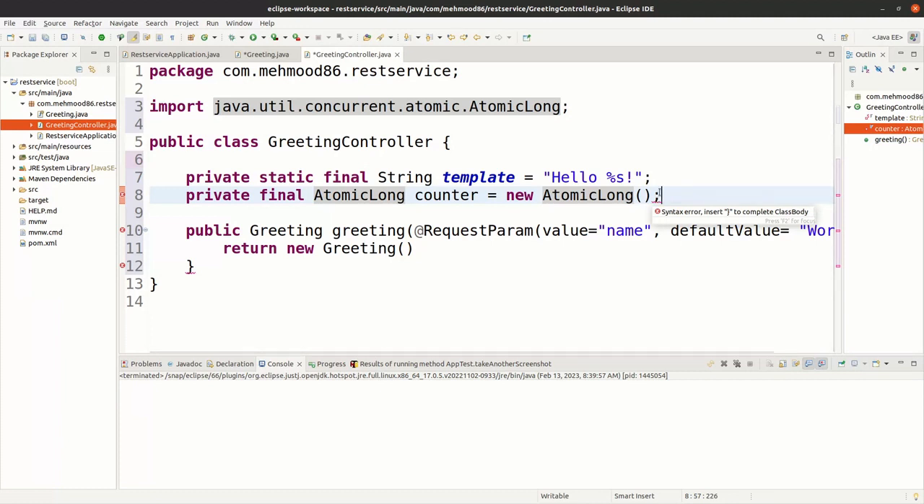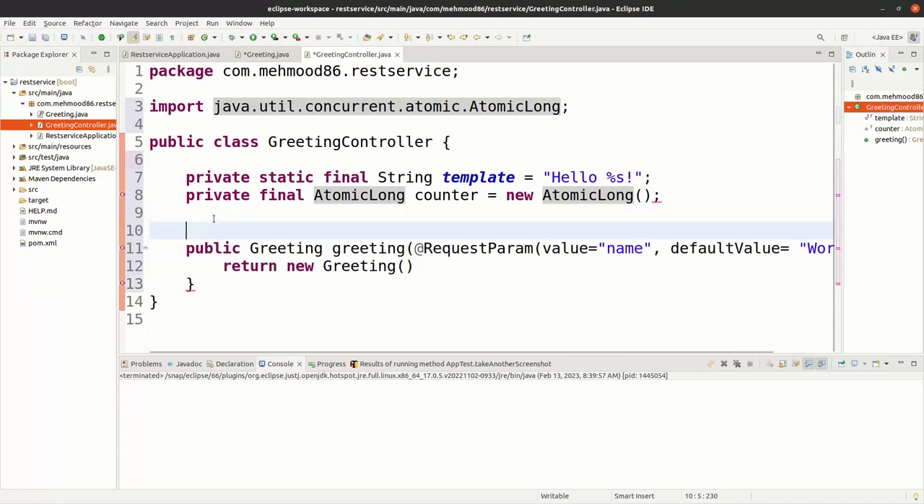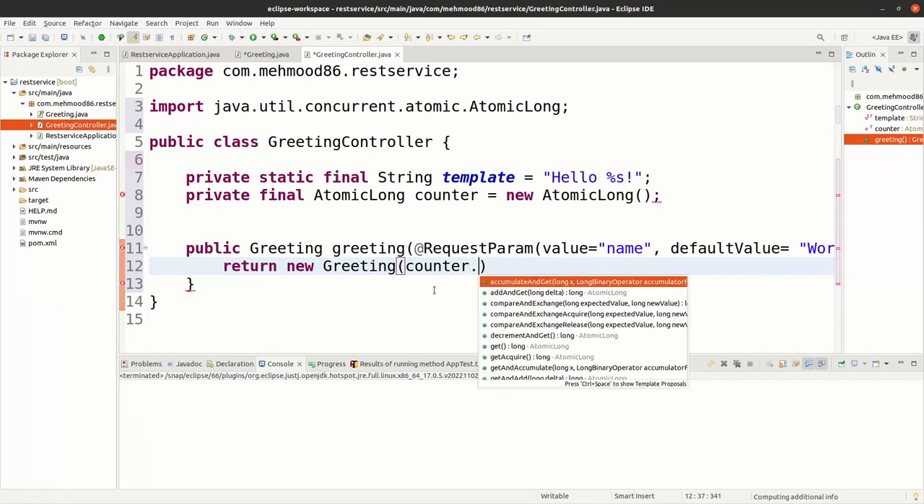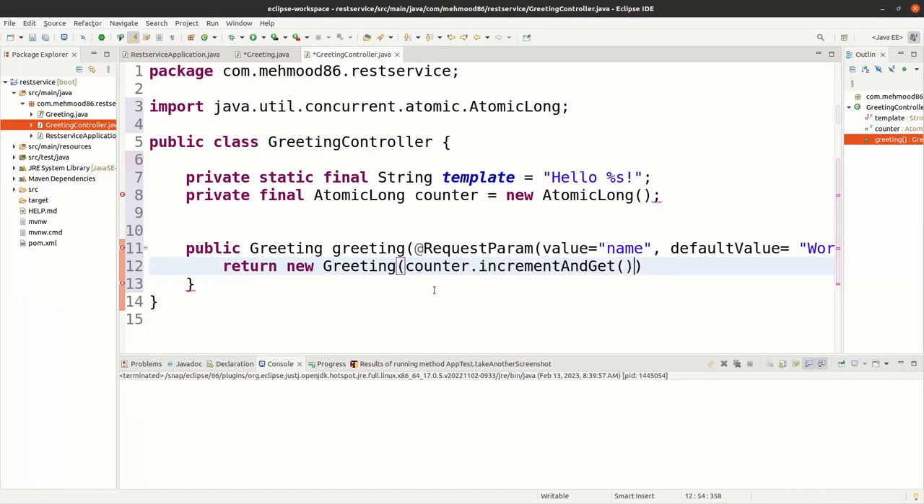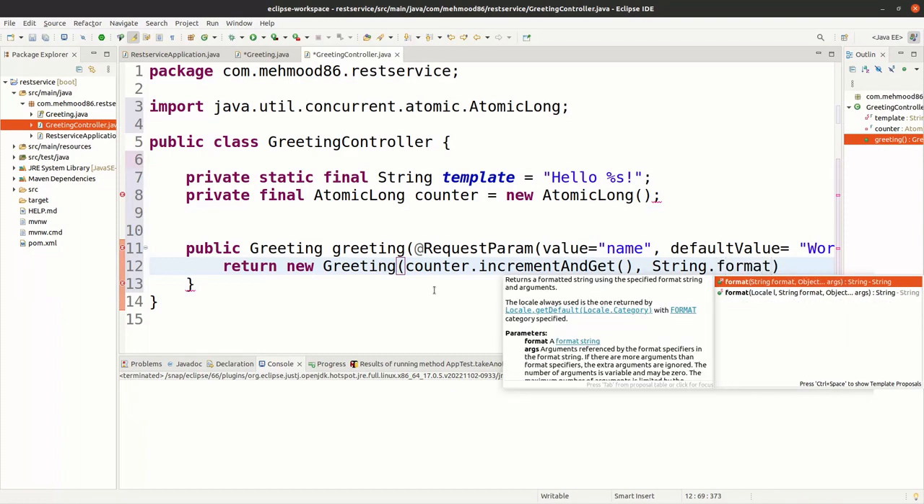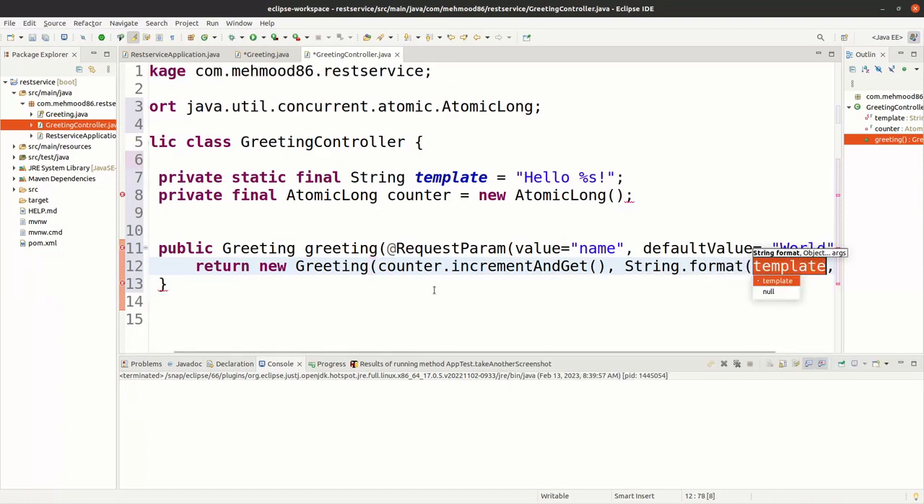Okay, again I have another error. For now, just give it: return new Greeting, and there we simply give counter.incrementAndGet, and then String.format, and then we pass a template,